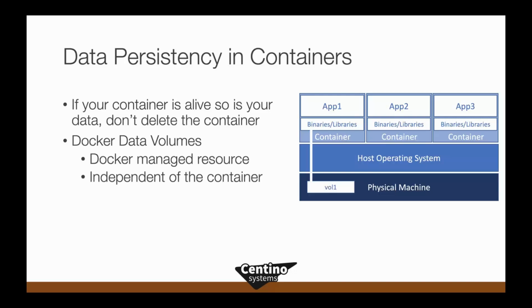So I'll define in Docker that I want to expose some file space from the underlying host OS into the container. What this means is I can rip off the container for app 1, throw it out, redeploy app 1 again, and attach volume 1 to that application again. And there we go. We have persistency of our application. I'm going to show you how this works in pretty good detail when we get into the demonstrations.